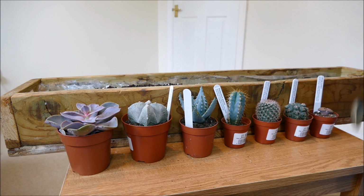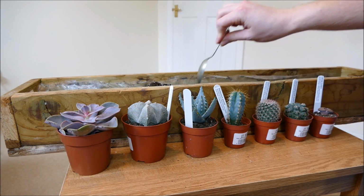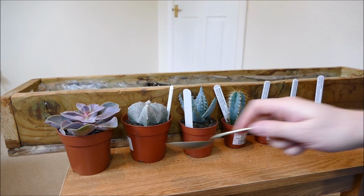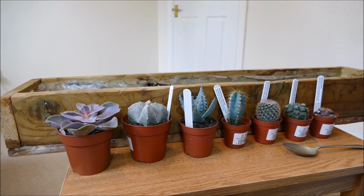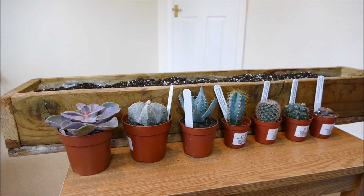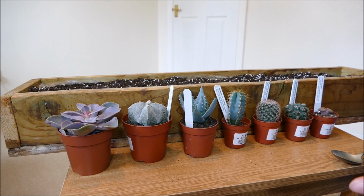I'm just going to fill up the compost till it's almost at the height I want, but just slightly below it, because when I'm planting these new plants, I'll be moving the compost aside, and that will raise the height slightly, as there's quite a bit of compost in some of these large pots here. So that's the compost pretty much filled up to where I want it,